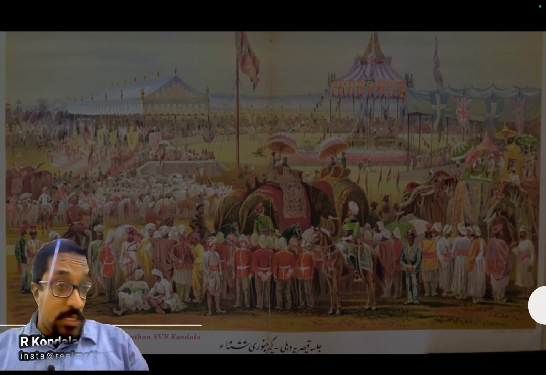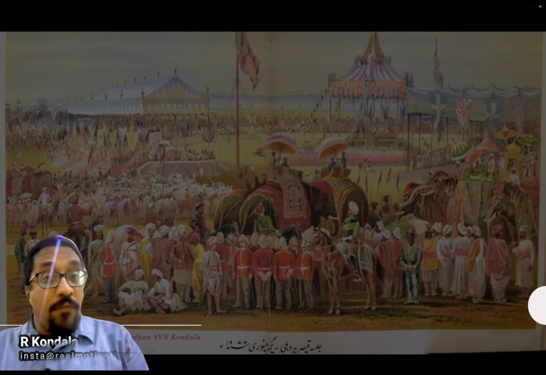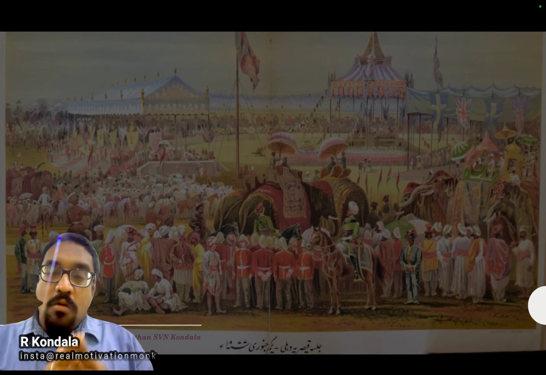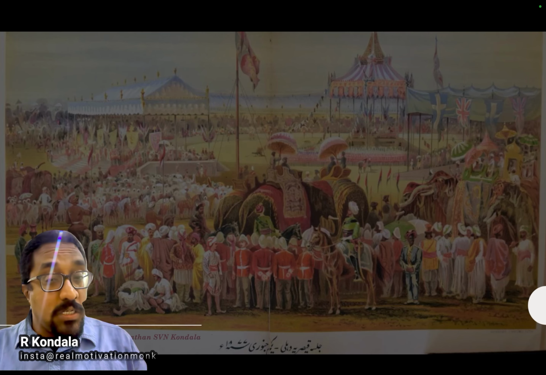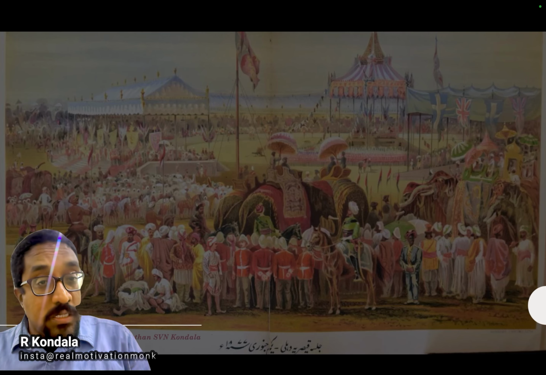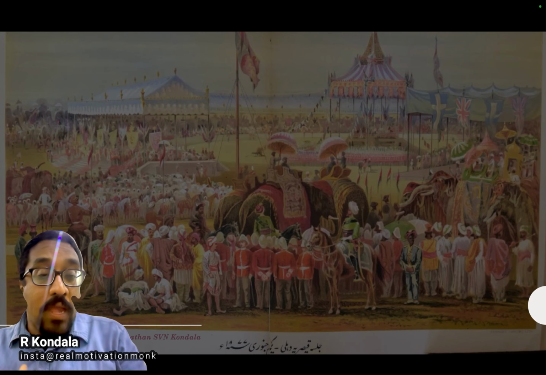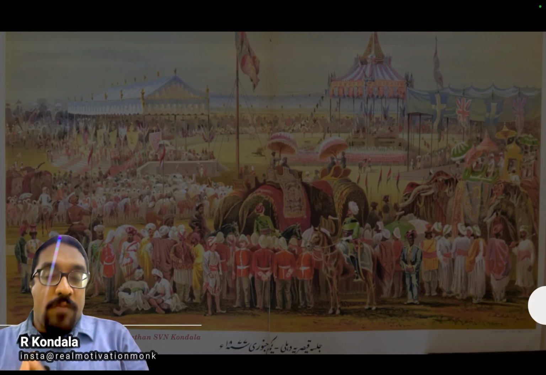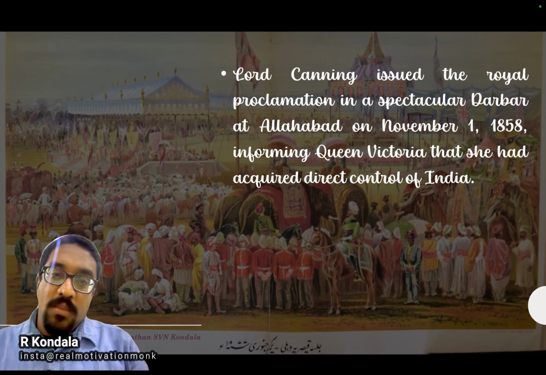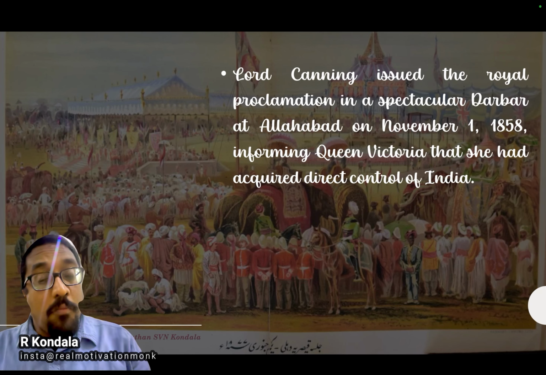Now, the difference between these two was that the Governor General of India was to be the administrative head of India, while the Viceroy of India was to be the representative head. Very similar to how we have the office of President, who is the representative head, while the office of Prime Minister is the de facto head of India. The Westminster model. Lord Canning issued a royal proclamation in the Darbar of Allahabad in 1858,